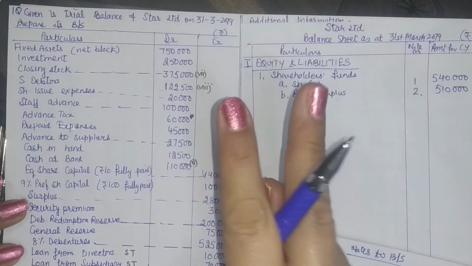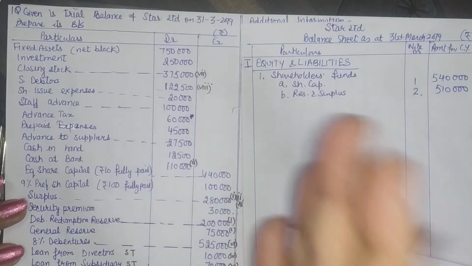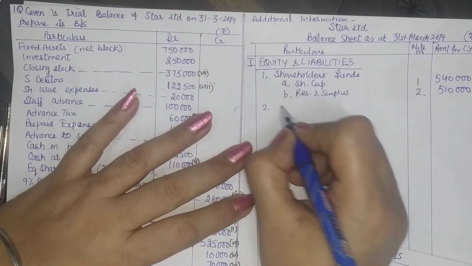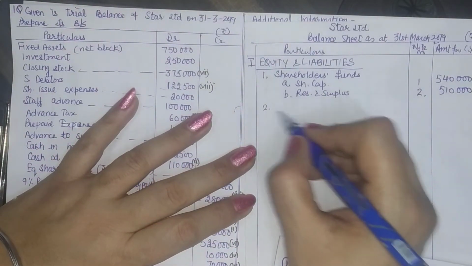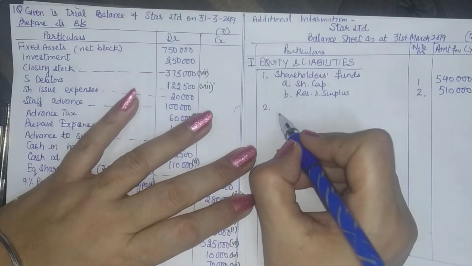Then the next category is from the liability side, because it is equity and liability. In liabilities we have 2 categories, long-term liability, short-term liability, and we know for sure that at least one long-term liability is there, that is 8% debentures. So we will record the category. Okay, now after each subcategory we can leave a line, a space. I'll give you the reasoning for that.